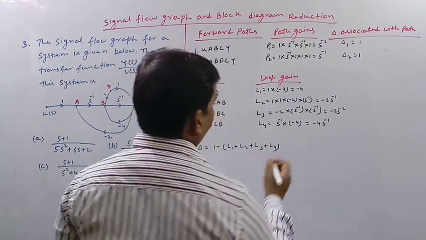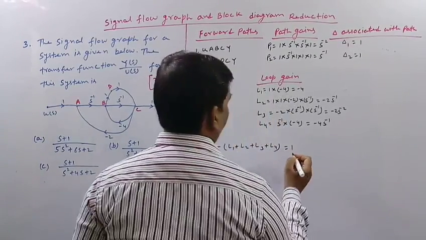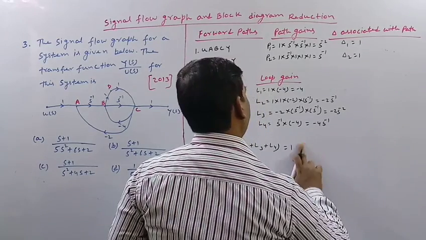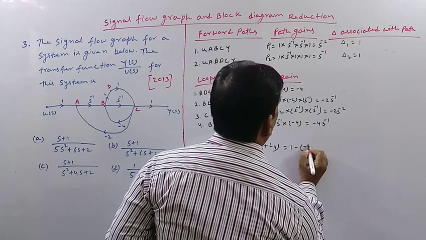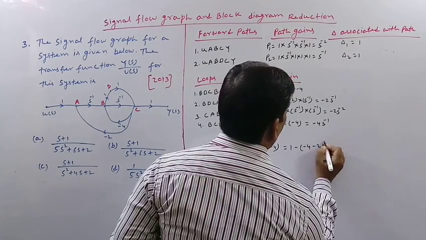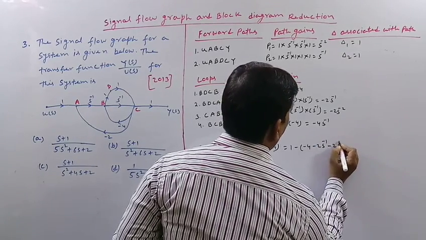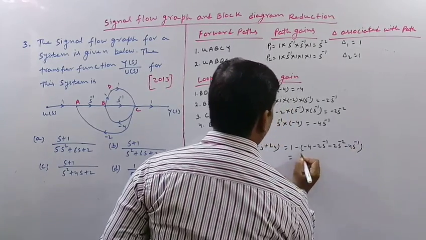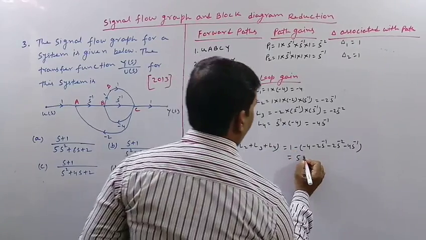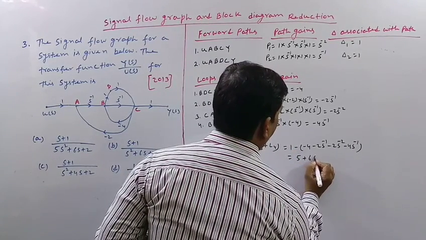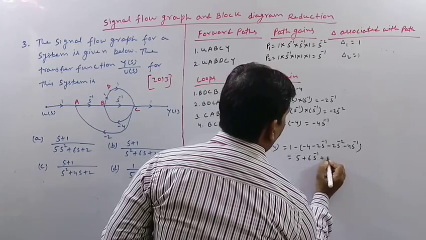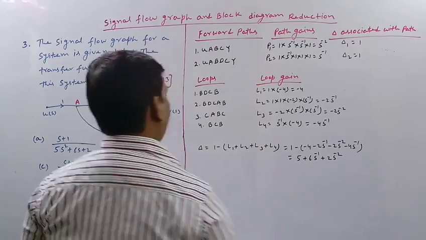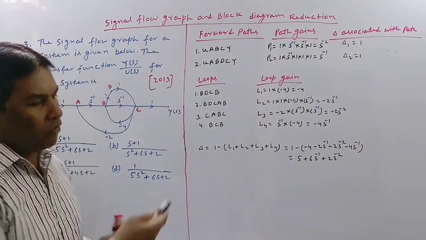So we can write delta as 1 minus 4 minus 2 s to the power minus 1 minus 2 s to the power minus 2 minus 4 s to the power minus 1. So it will be nothing but 5 plus 6 s to the power minus 1 plus 2 s to the power minus 2. Now we have to apply Mason's gain formula